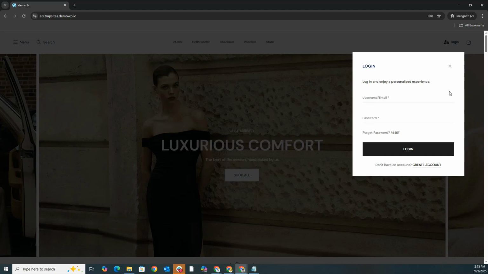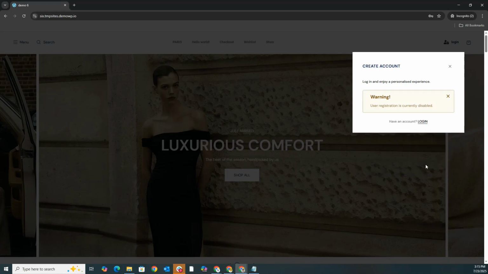Now the option we have here for create account is for those users who are not already logged in, who don't have credentials yet and are completely new and want to create their account. They can simply click on create account and a form will appear for them. But right now, as you can see, the form hasn't appeared. Why? User registration is disabled in this country. Why is this showing up? This is